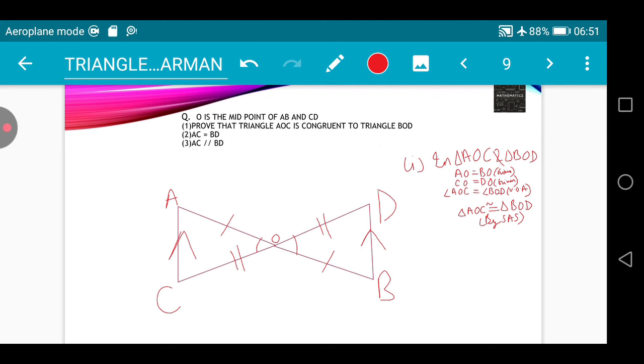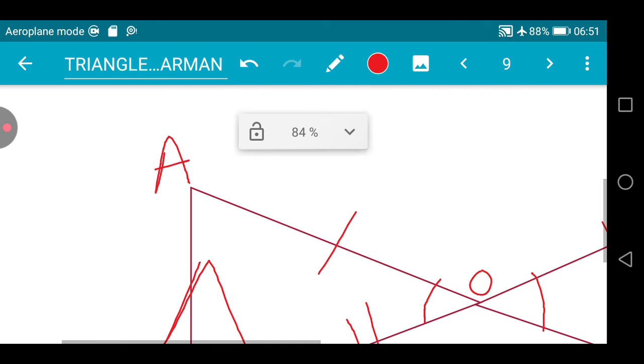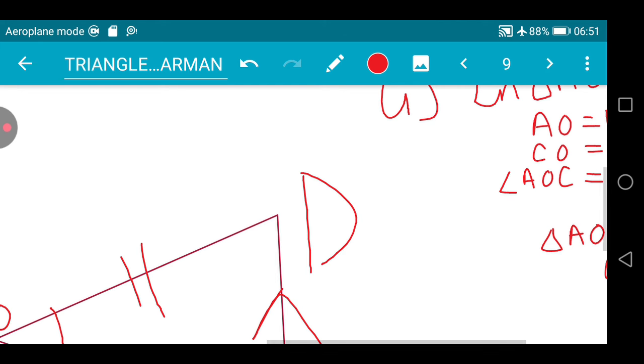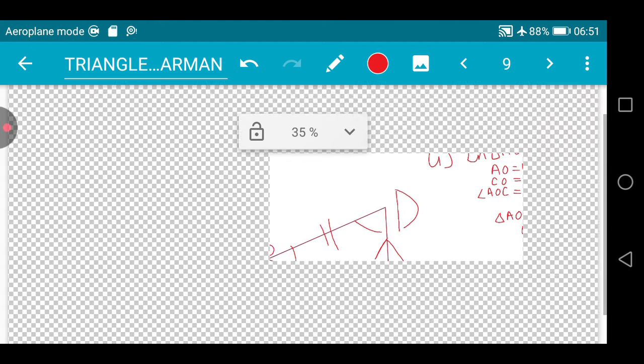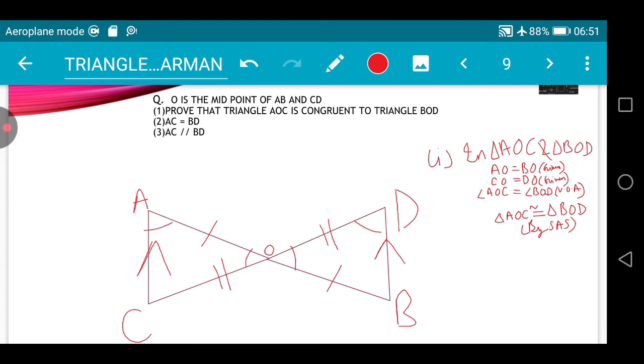If this angle and this angle will be equal, and this angle and this angle will be equal, then by CPCT we can prove. And if these will be equal, then here we can see that